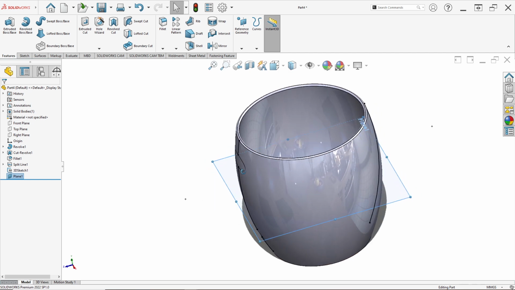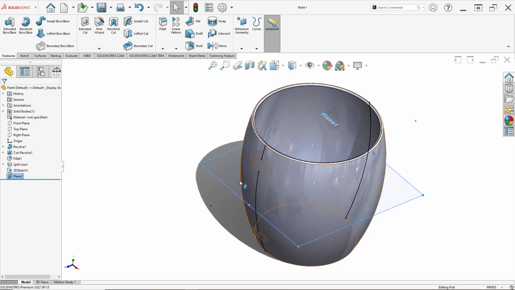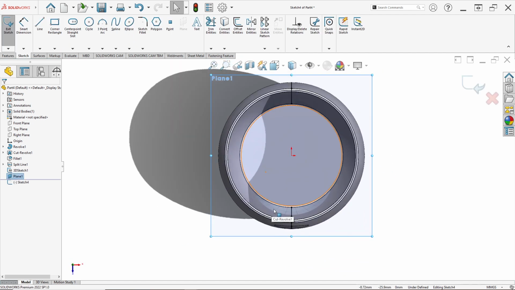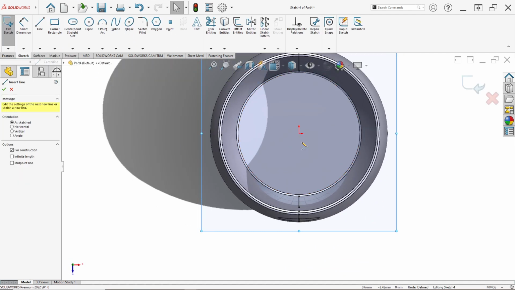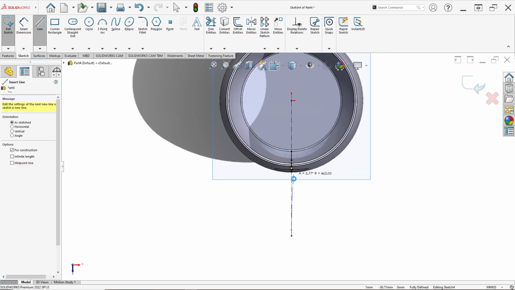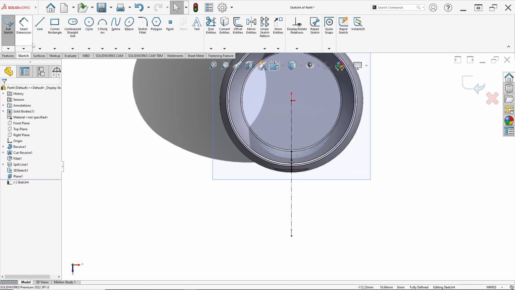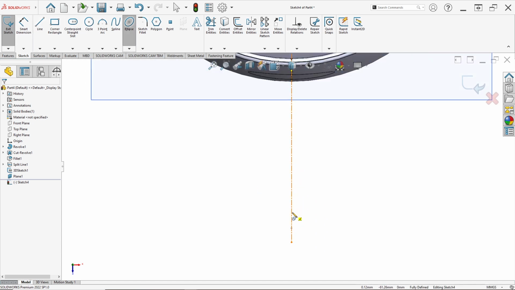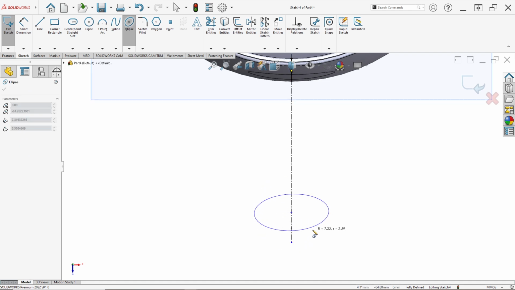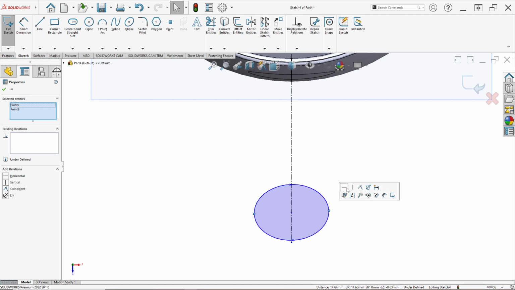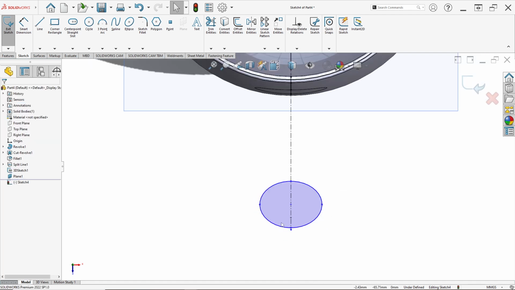After that, we want to draw again from this plane, so click Sketch. Draw a center line from this point to this, then make an ellipse again, drawn from this center line. Ensure this point and this point are made horizontal.